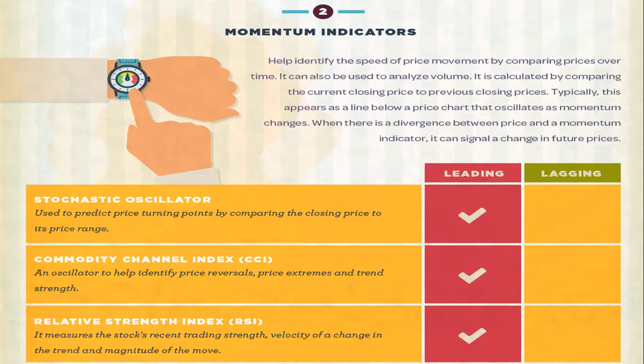Second on the table, we have the commodity channel index, CCI. The commodity channel index is a momentum indicator. CCI is used as an oscillator to help identify price reversals, price extremes, and